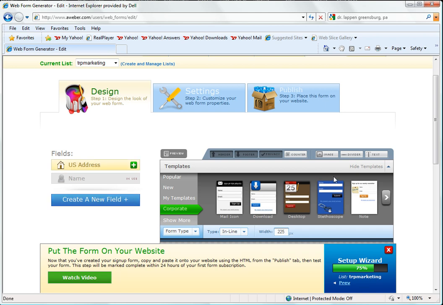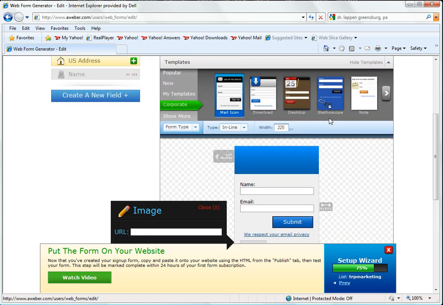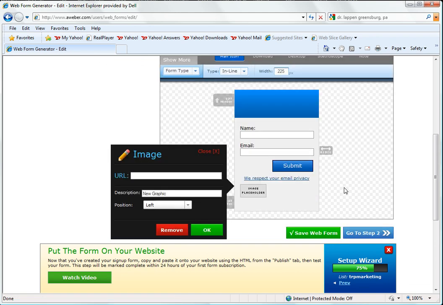And then once you get it the way you want it, we can click on image, and that'll show us which image is going to pop up. It'll show us, and this is going to show you the image that will be put into your form. Once you're happy with the way it is, we're going to go to step 2,